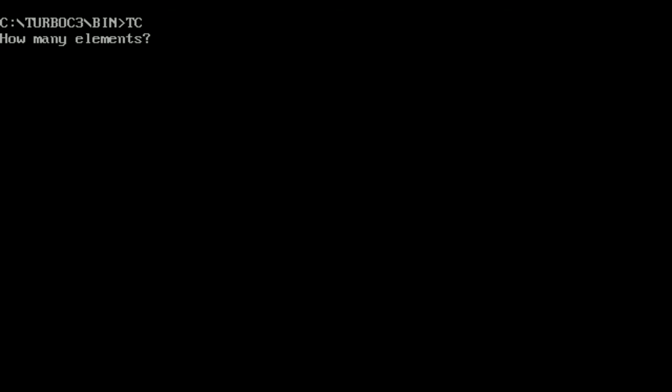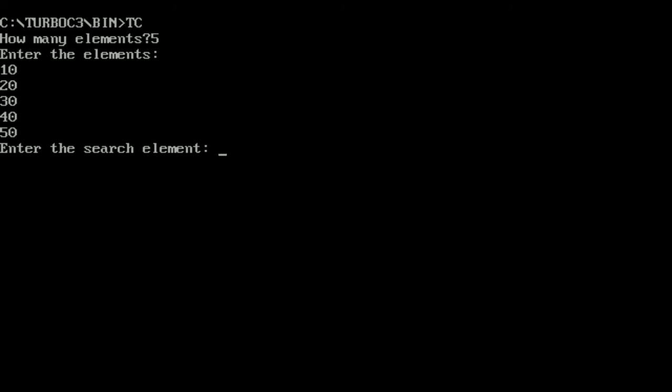Here you can see it is asking how many elements. So let us enter 5 and enter the elements. Here all the elements should be in ascending or descending order only. They should be in proper order only. We should not enter any numbers randomly. That is one of the disadvantages of using binary search. So let us write sequential numbers such as 10, 20, then 30, then 40, then 50.